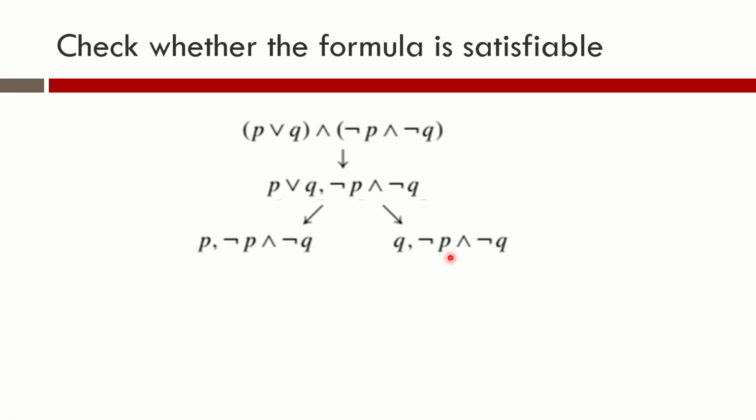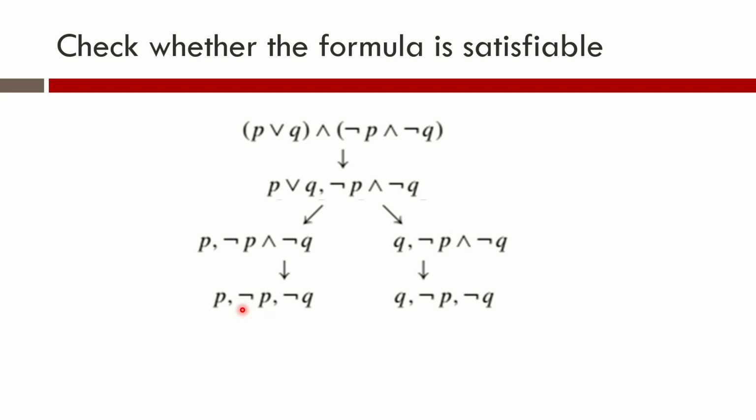And for this particular branch also we have an alpha formula to decompose. We will create one child. We will label it with Q comma negation P comma negation Q. So for both the branches we create one child node, and the child node is marked with P, negation P, negation Q, and here Q, negation P, negation Q. Okay. And when we consider this leaf node, see this leaf node now does not contain any formula that can be further decomposed.